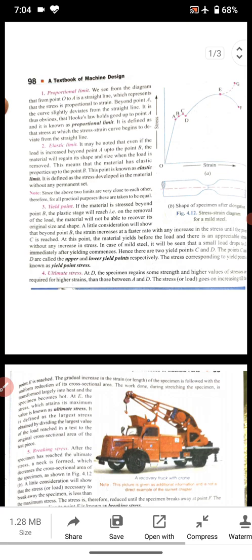At point D, the specimen regains some strength, means as the point D is reached, the specimen has some strength,